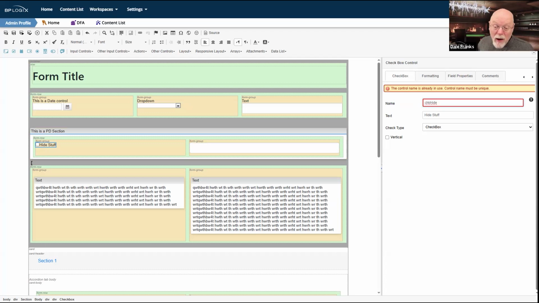But as I was saying, even though these sections that I've placed on the form are outside section controls, and you'll have to forgive me, I seem to have moved my mouse onto the other monitor and I've completely lost where my mouse was. I don't need to necessarily put those sections at the container level because containers are containers. So I can stick a section control really anywhere that I need it.